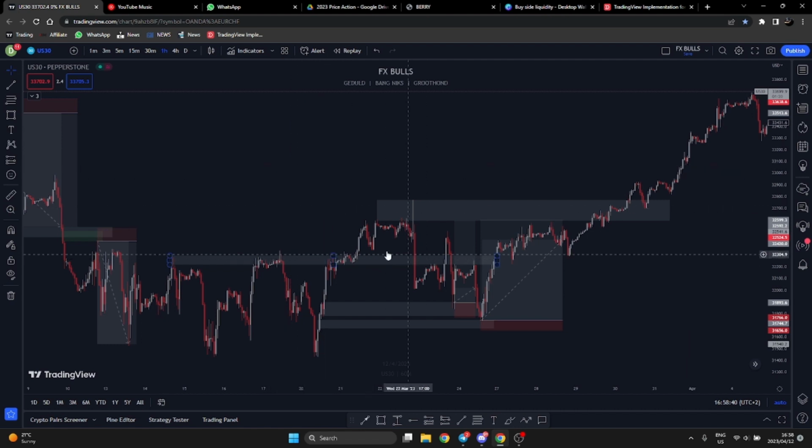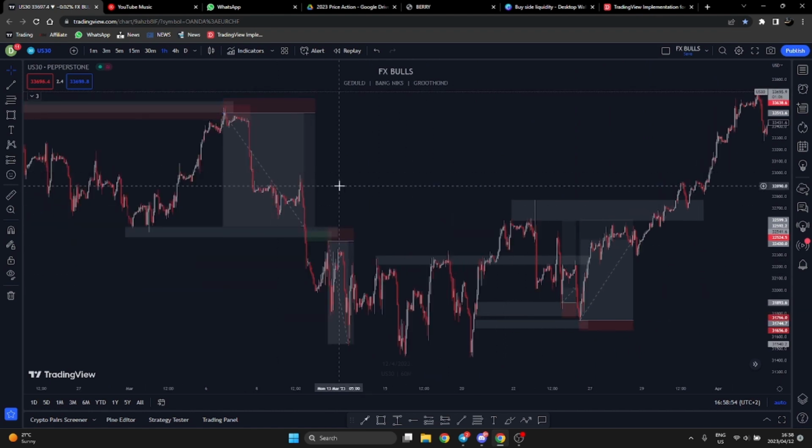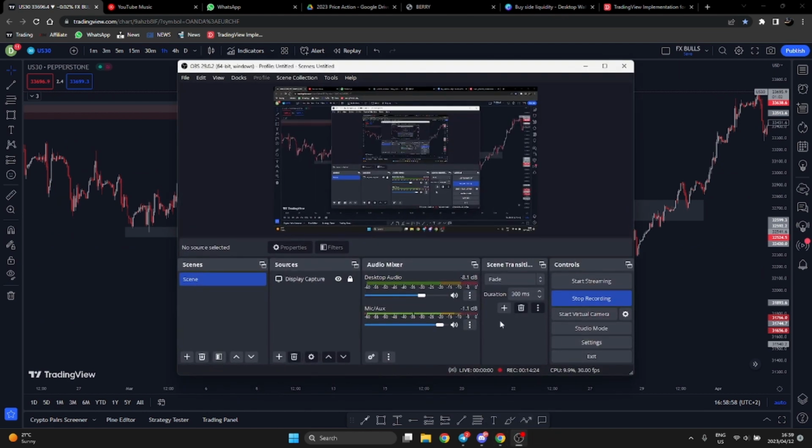So literally, once it breaks this high, you just need to figure out, because that's now your higher high, so it has to form a higher low, the pullback, to be able to continue pushing upwards. So you just need to figure out where it wants to form the higher low, and that is where you want to get in. So it's very simple. I'm not going to get into depth with this, but